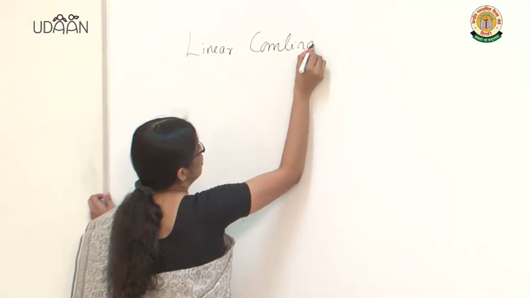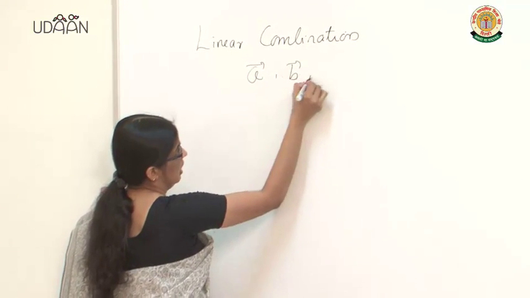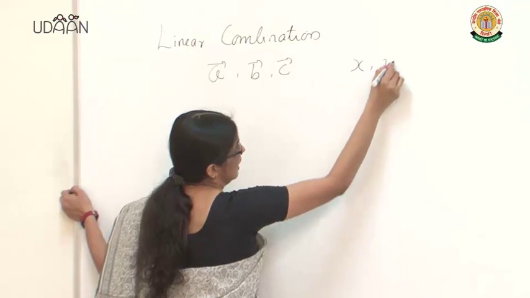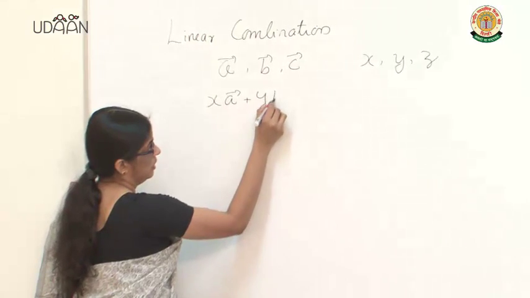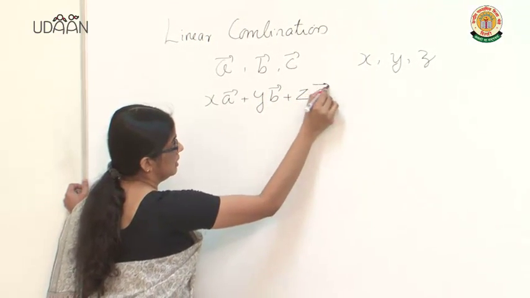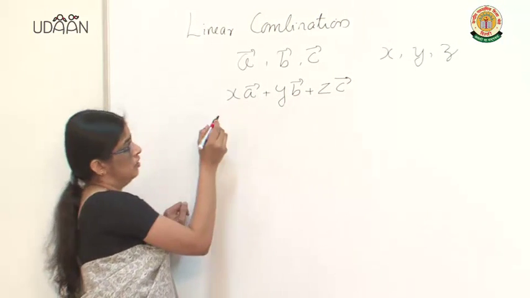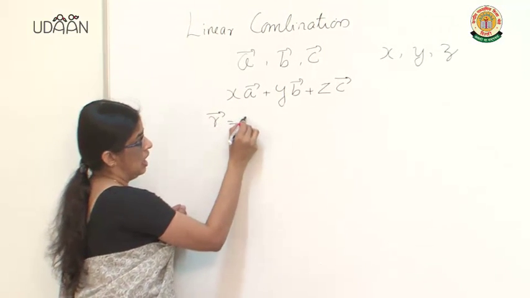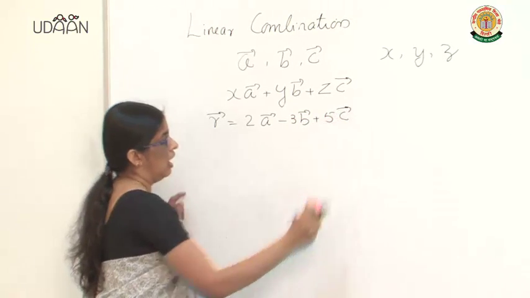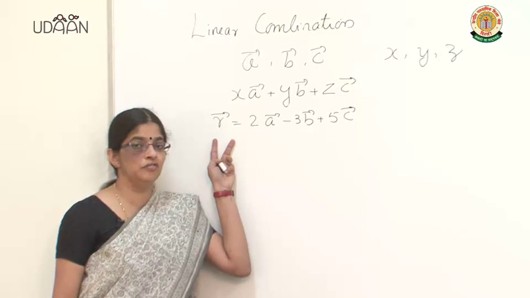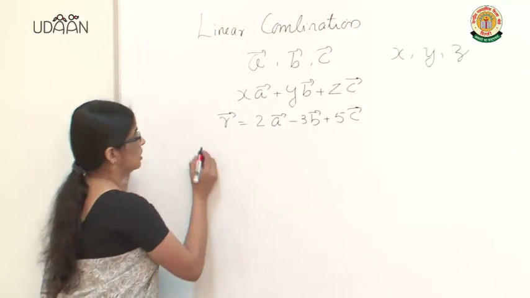Linear combination of vectors. Suppose vectors A, B, C are given along with scalars x, y and z, then the expression xa plus yb plus zc is called a linear combination of vectors A, B and C. For example, if vector r equals 2a minus 3b plus 5c, we say r is expressed as a linear combination of vectors A, B and C. Correct? Then we will start with